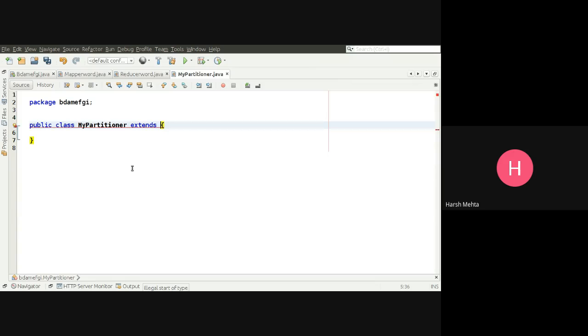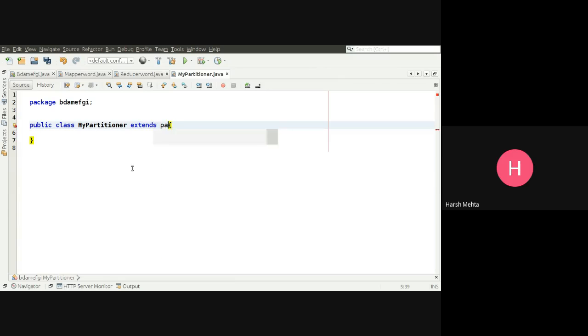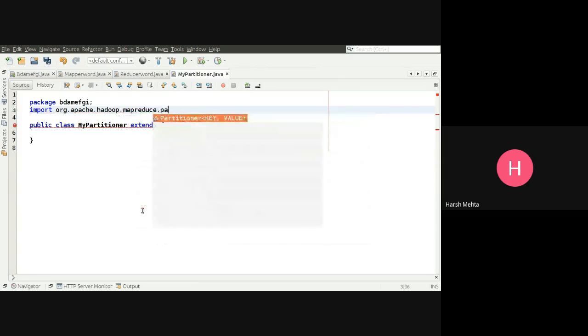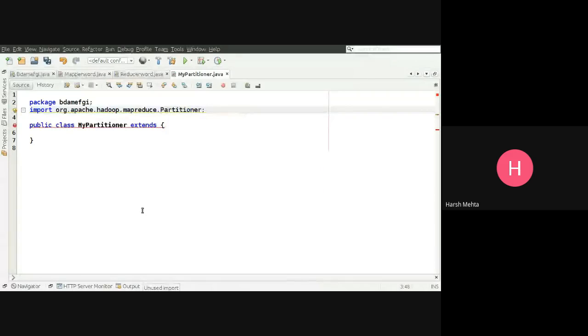First we need to import something: org.apache.hadoop.mapreduce.Partitioner. Extends now.